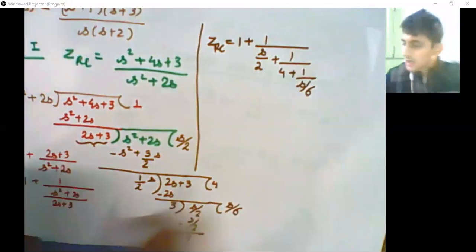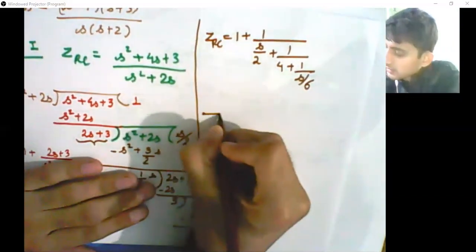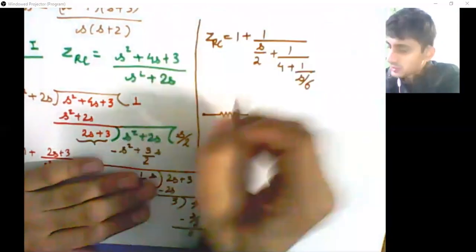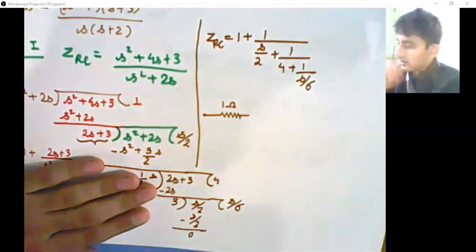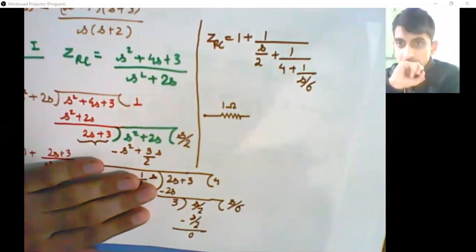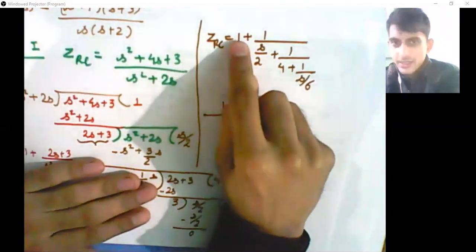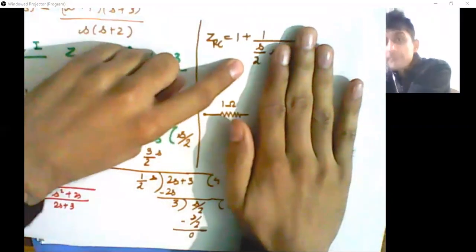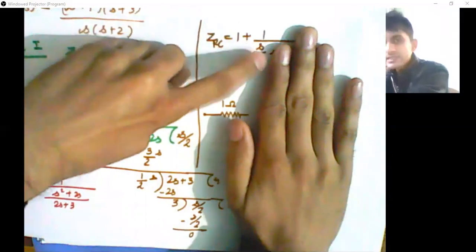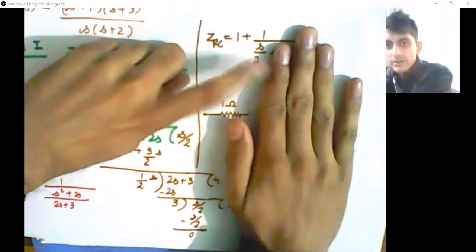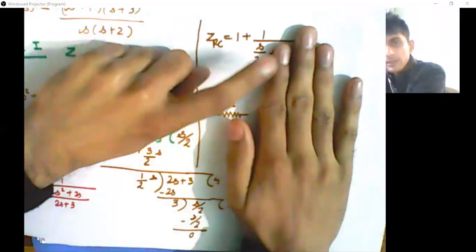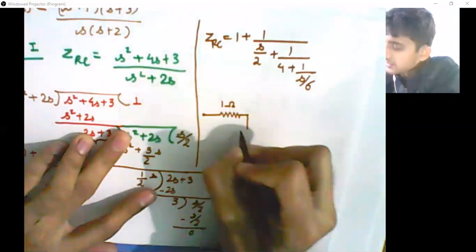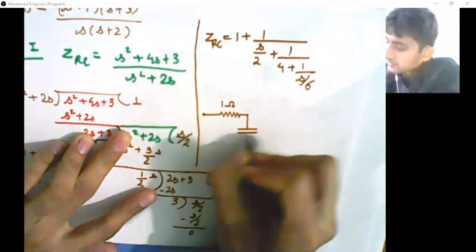So we will start with, in series, a resistance of 1 ohm. Now you see that this is a resistance, but if I hide it, then this thing should be an impedance. And in an impedance, if something is multiplied with s, it means that is going to be your capacitance of value, in impedance directly this will become half, so half farad. But this we connect in parallel. So I have